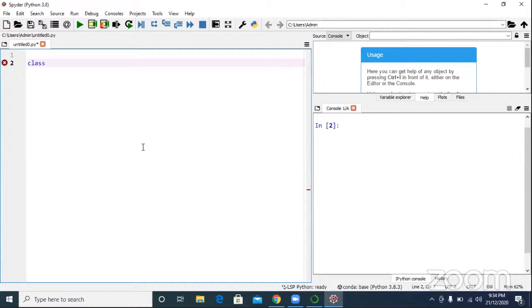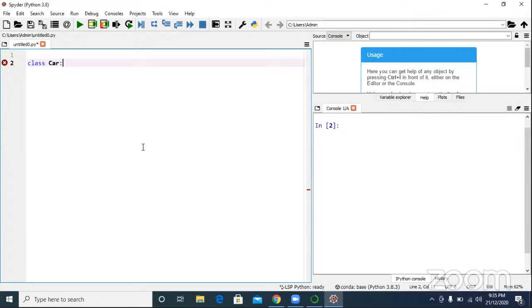Basically, a class is an entity. Every class will have some name. The standard rule is that the class name first letter should be capital. I have car, colon. You may ask, sir, what will happen if I put small letter? Nothing will happen, but it's a standardized rule, thumb rule. The class name first letter should be capital.